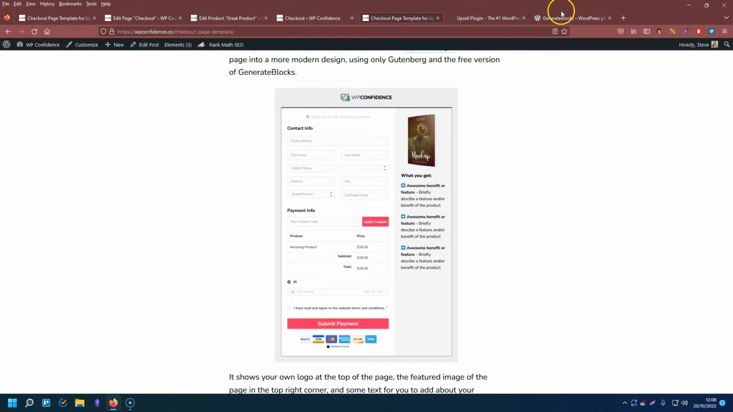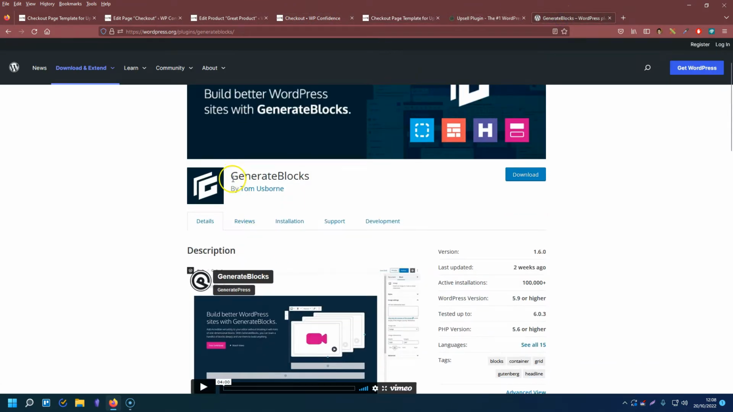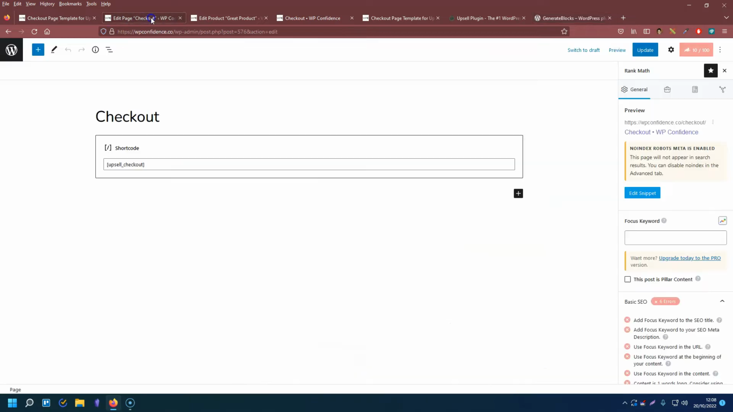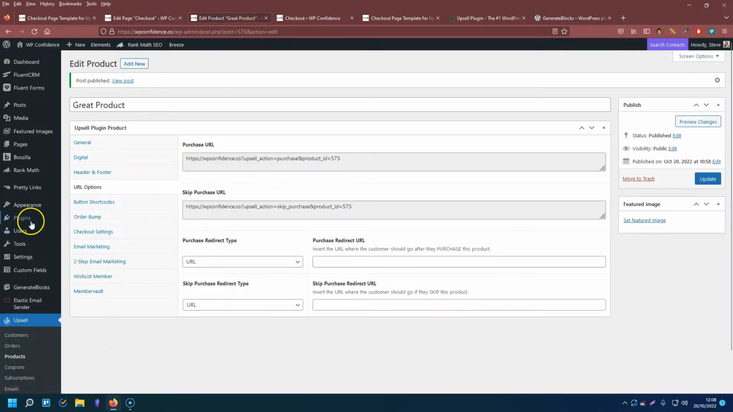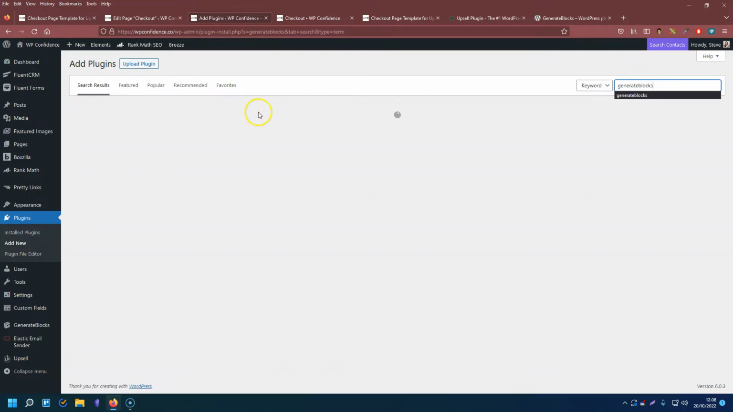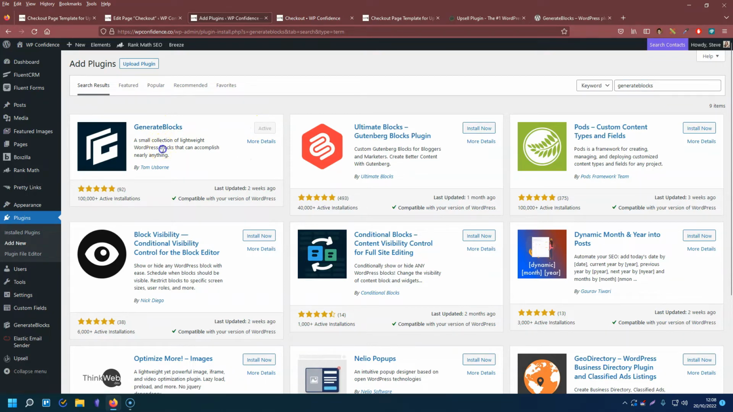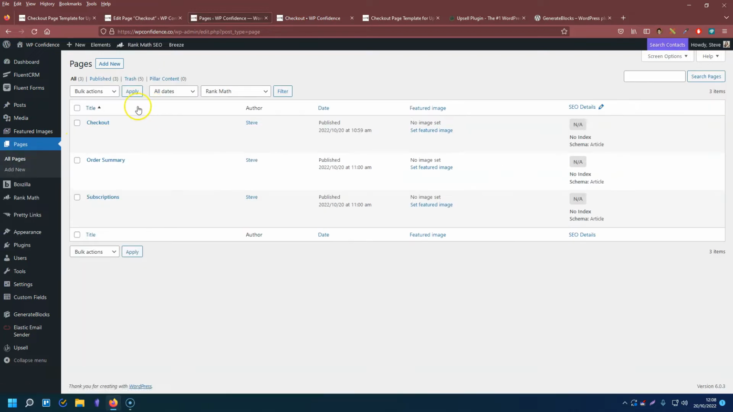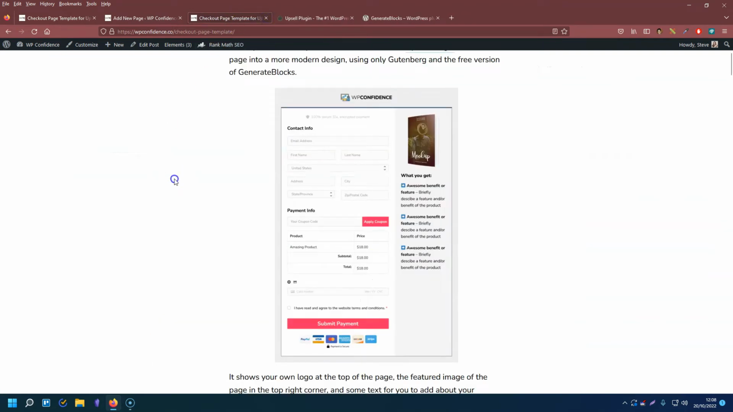So the first thing you need to do is install this plugin. It's called GenerateBlocks and it's free. So just add the new plugin and search for GenerateBlocks. So you want to install and activate, and then what you want to do is come over to your pages and add a new page. Just going to get rid of these,